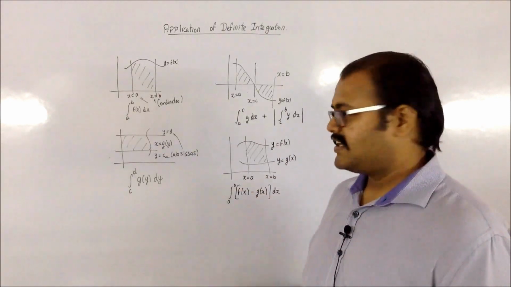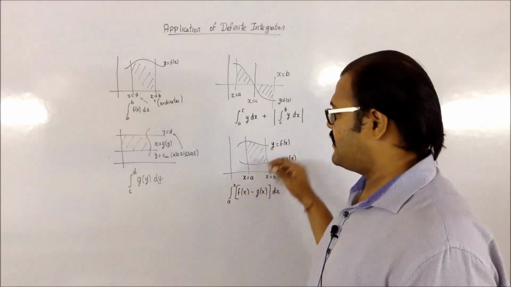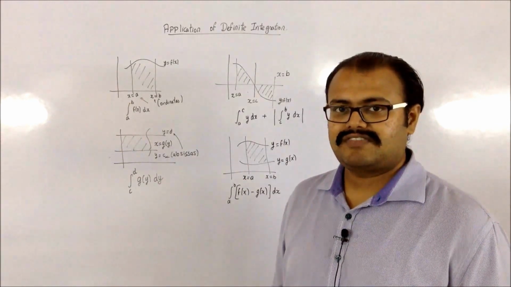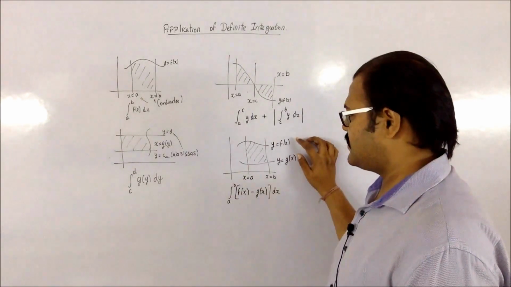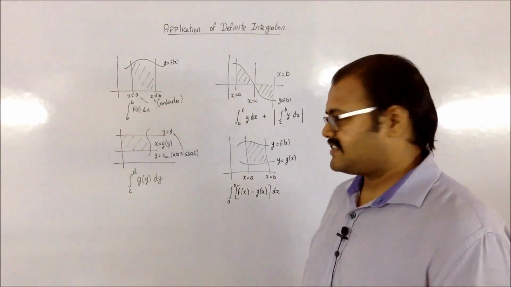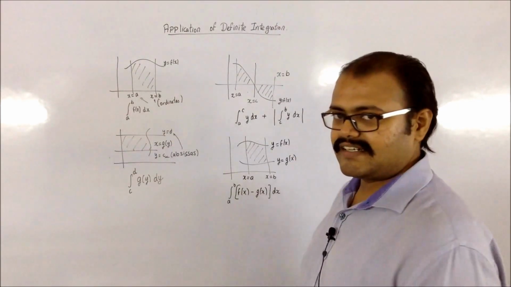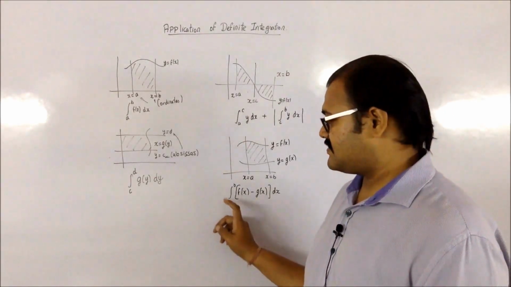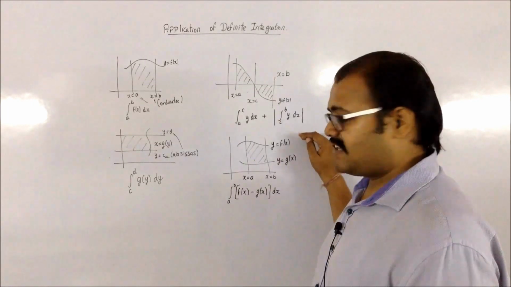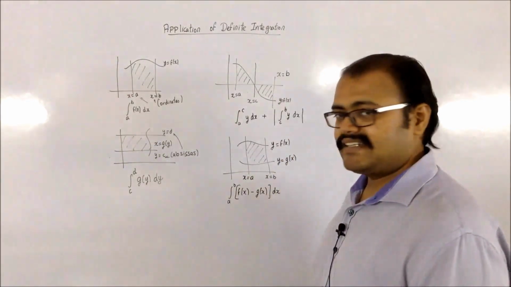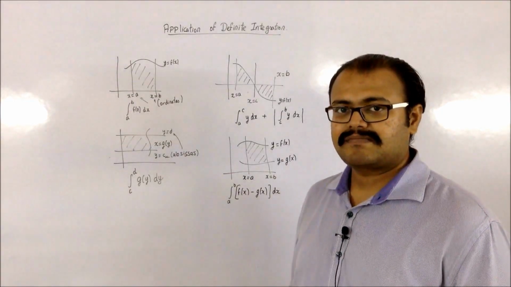dx. Coming to the last one, if I want to find the region which is bounded between two different curves, let us say that the curves are f of x and g of x, then in that case I have to consider this particular integration, that is integral a to b, which if the ordinates are given to me, and whichever function is above that should be considered first, minus whichever is below it.